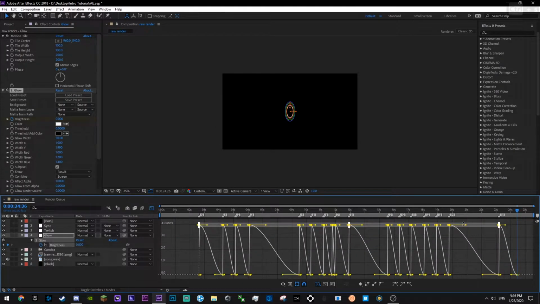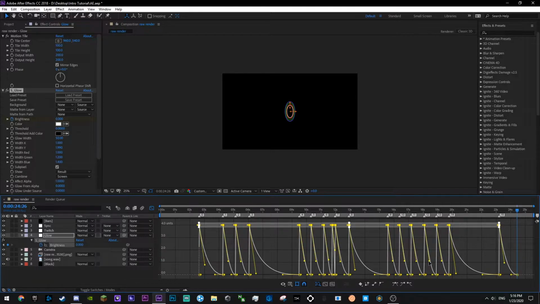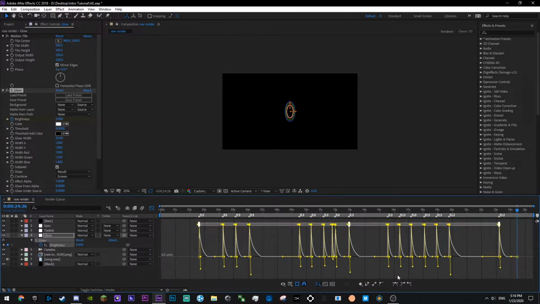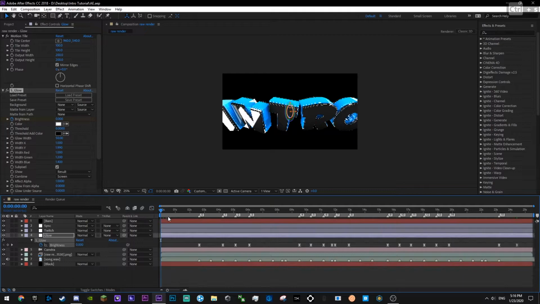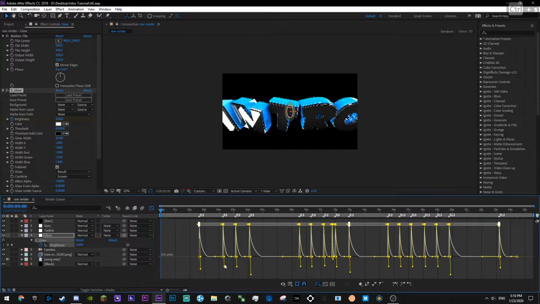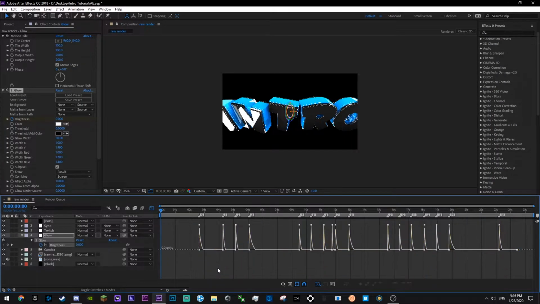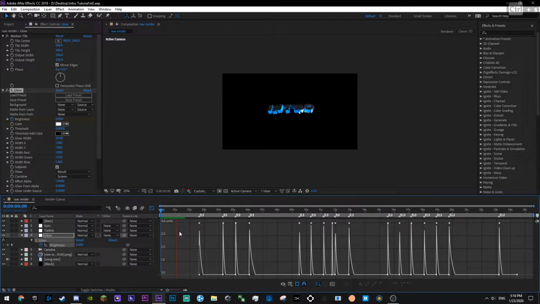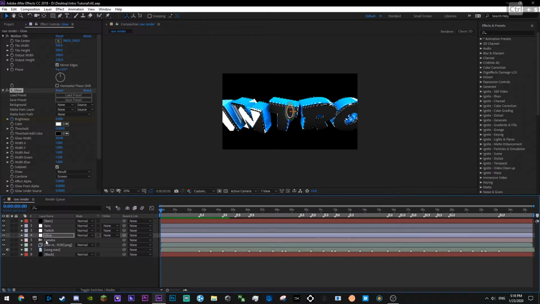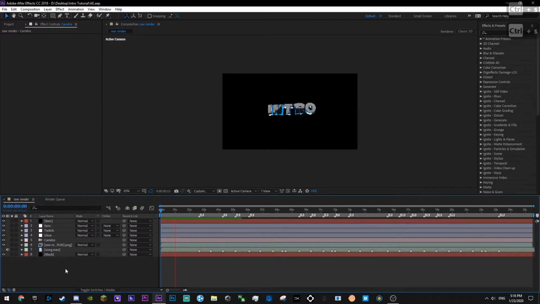So now change their F curves, reduce them a little bit, maybe a little more. That's better. And now you have really subtle glow. Not so subtle, but